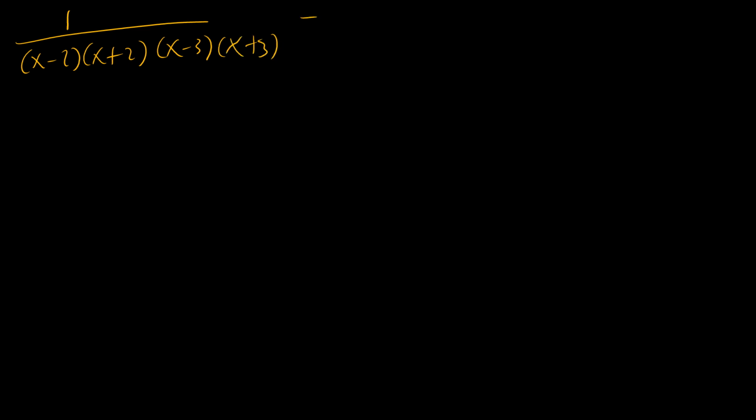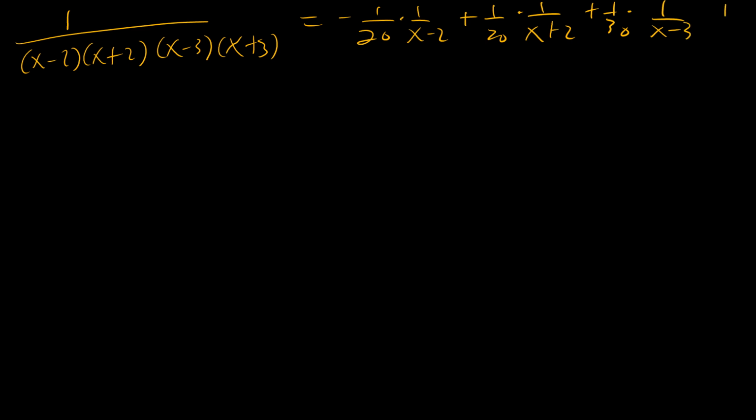So our fraction 1 over (x minus 2)(x plus 2)(x minus 3)(x plus 3) is now equal to -1/20 times 1/(x minus 2) plus 1/20 times 1/(x plus 2) plus 1/30 times 1/(x minus 3) minus 1/30 times 1/(x plus 3), such that our integral from x equals 0 to x equals 1